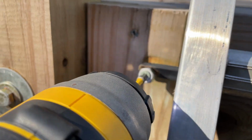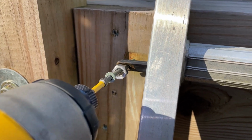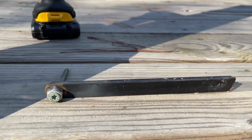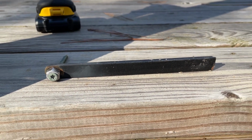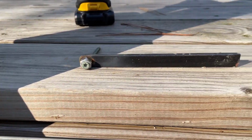Let's see here what we get. See, it comes right out. Let me set this camera down so I don't drop this. And you can see, guys, all this is just a piece of scrap steel, something I literally would have thrown out, because I like to reuse stuff. I do not like to throw stuff out. And that just kind of holds it in. No, it's not structural. It's not going to keep anything massively bad from happening. It just keeps it in place and keeps you feeling a little safe when